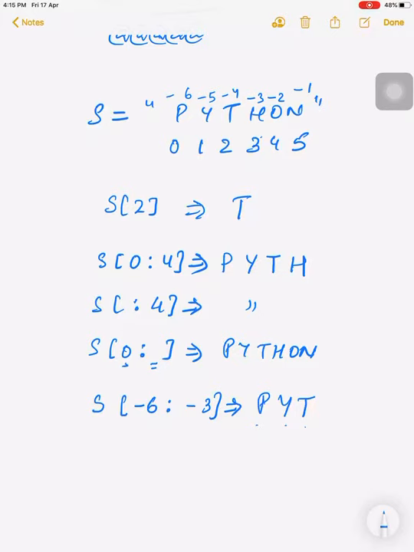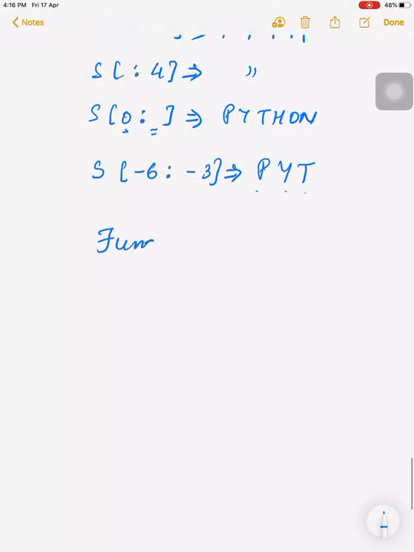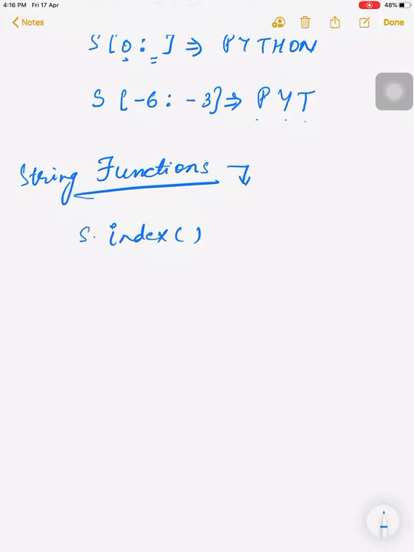Hope you understand this. So we can also use slicing of a string as of the list. Now we will discuss some string functions. It is quite different from which functions? Yes, from the list functions. Okay, some are common; the ones which are common we won't discuss here. Functions, we write string functions. Okay, first is the index function, which you have also used in the list. It will give the index of the string.